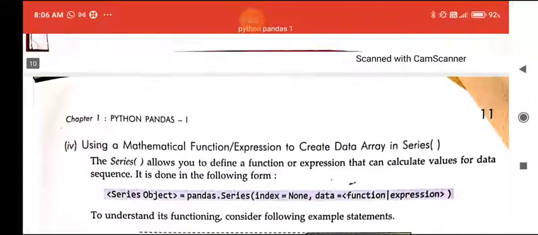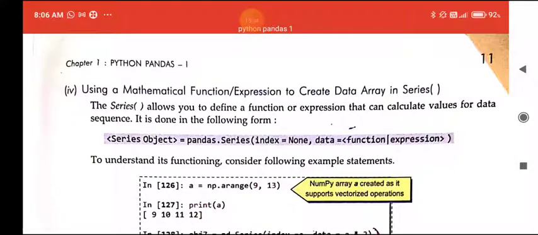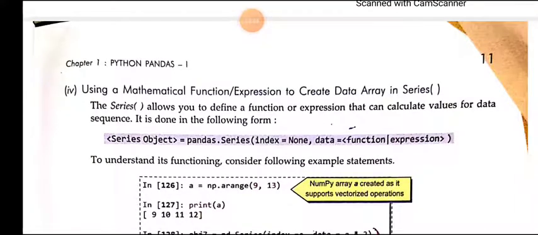Now student, moving forward, the next topic is using a mathematical function or expression to create a data array in series. We can also use mathematical functions, and this makes the series object different from other sequence types. Like if you are using other sequence types like list, and you perform mathematical calculation on it, that can replicate.